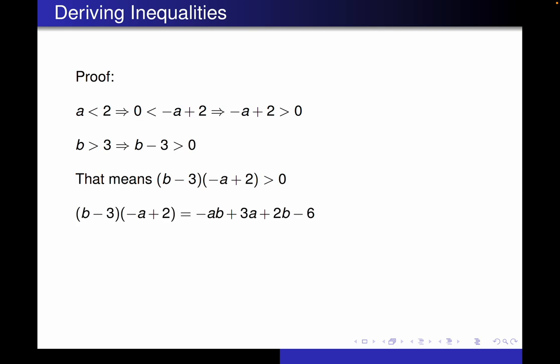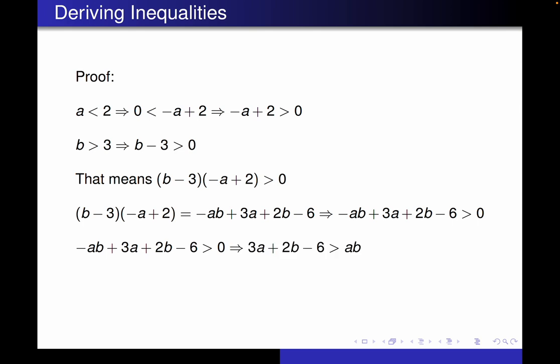And now we can just backtrack. B minus 3 times negative a plus 2, when we FOIL that out, is negative ab plus 3a plus 2b minus 6. And since b minus 3 times negative a plus 2 is greater than 0, that one is greater than 0 as well. And now we can add ab to both sides of that inequality using translation invariance. And we get 3a plus 2b minus 6 is greater than ab. Flip that inequality around, and we get ab is less than 3a plus 2b minus 6, which gives us the